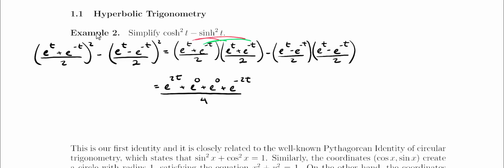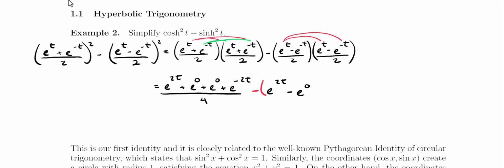Now focusing on the other term, we're going to have here a minus. Let's see what we're going to get. e to the t times e to the t, giving us another e to the 2t. Then we're going to have an e to the t times a negative e to the negative t, which will give us a negative e to the 0. Now at this point, before we forget, let's go ahead and include parentheses. Now let's continue with our